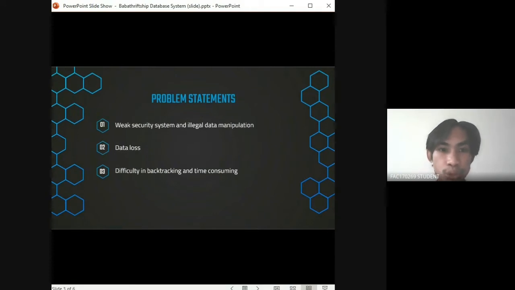The company also faces difficulty in backtracking the data. Currently, they record manually the data regarding the transactions, the orders, as well as other data related to the business without having a proper designated and fixed place for storing the data. This can lead to unforeseeable errors in the future.